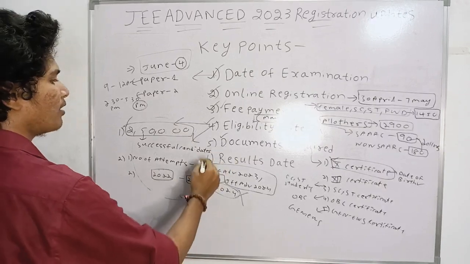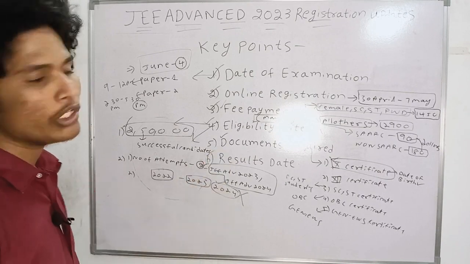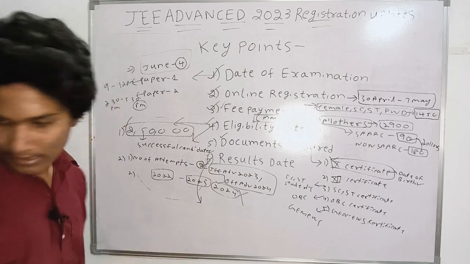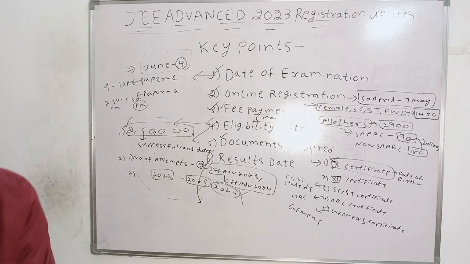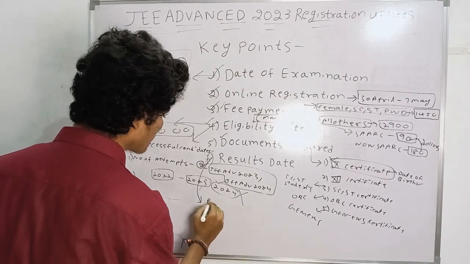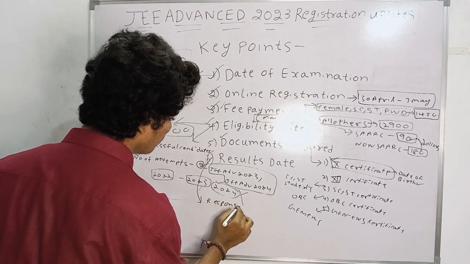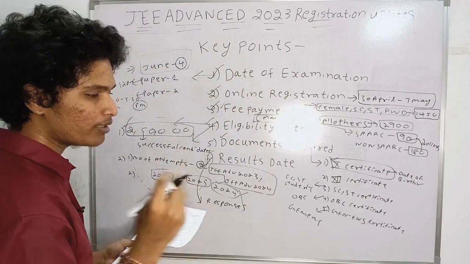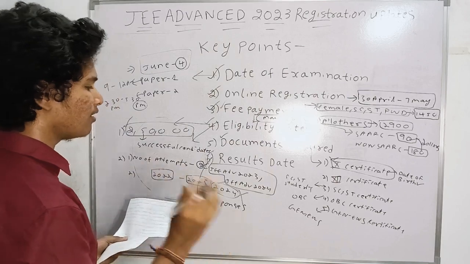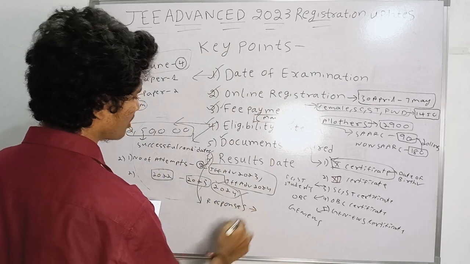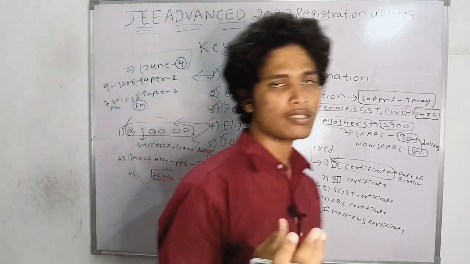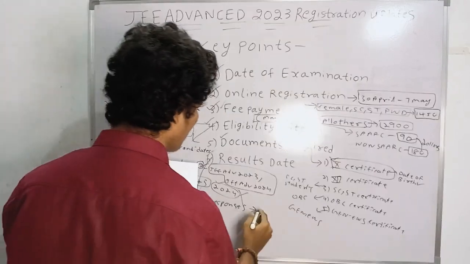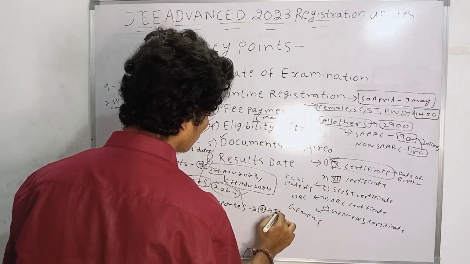And this is the 5th point, and now it is the 6th point. When the results are going to be declared, they will be declared in some steps. Firstly, the responses will be delivered. The responses, that is the answer sheets you submitted, meaning the options you already submitted when you wrote the exam, will come on 9th June.